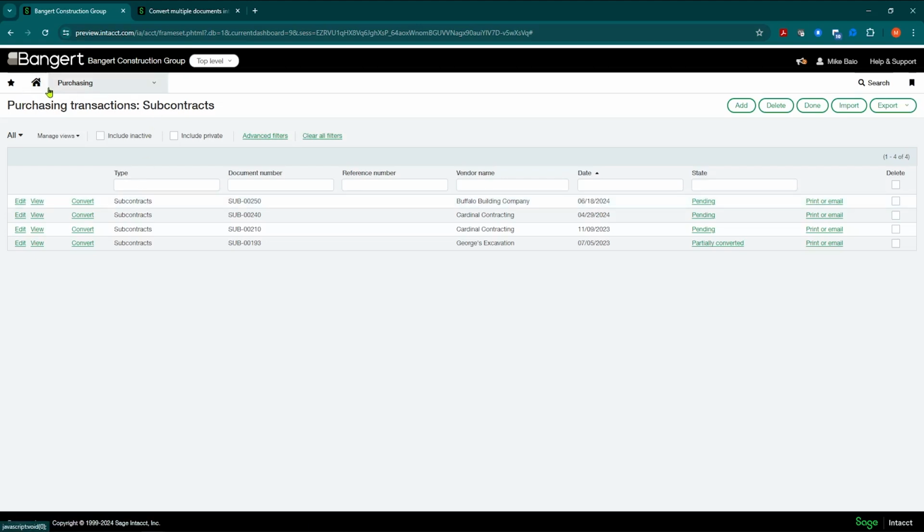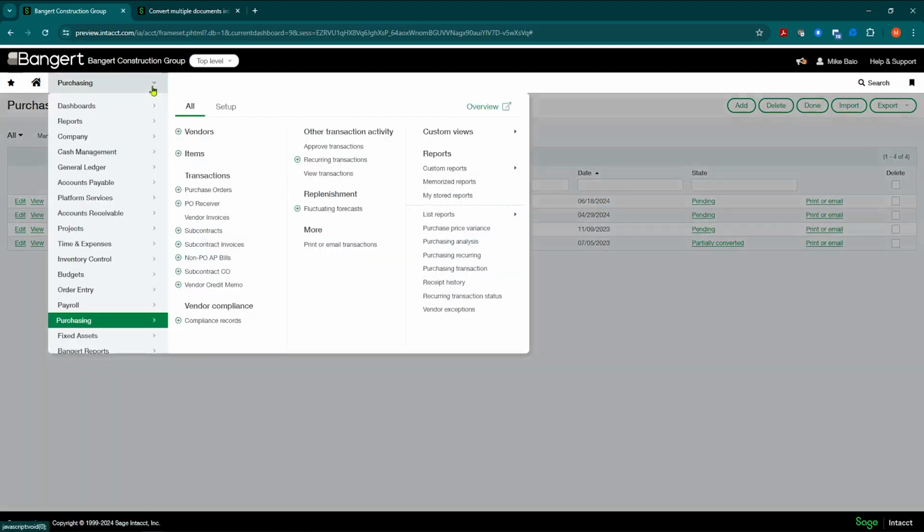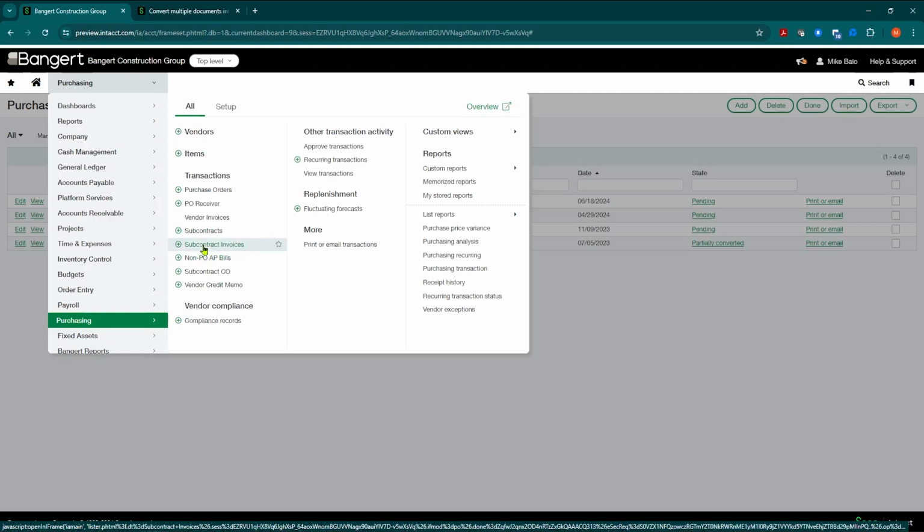What I mean by that is, once you enable that, you're going to be able to go into purchasing and have a vendor invoice or subcontract invoice, or whatever your transaction definition is that's linked to that purchase order or subcontract. I'm going to use the subcontract one as an example. You come into your subcontract invoices and click the plus button.